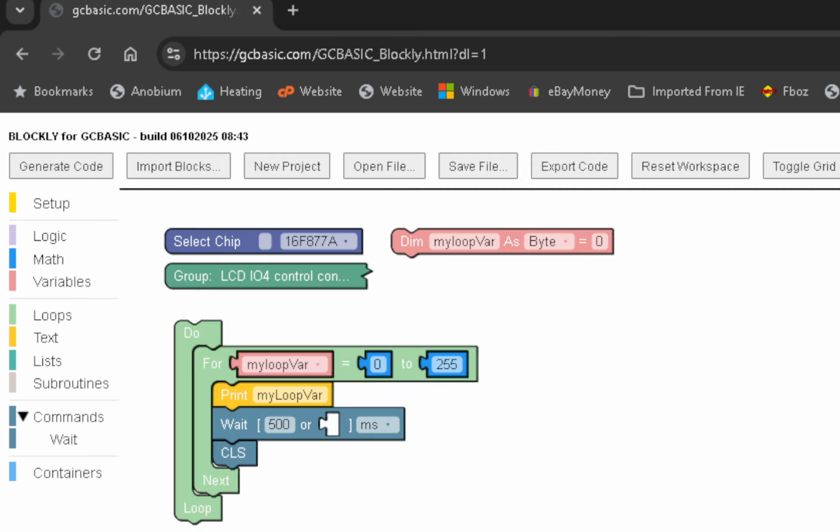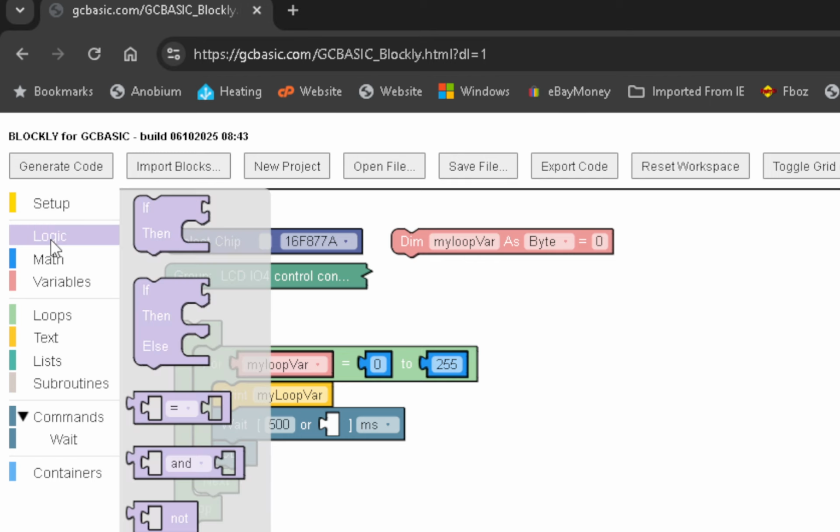So what else can you do? You can do maths. You can do logic. You can say, right, if then else. You've got other calculations, if something and something, not something, and just out of view, if true. So you can do an if, you can say, right,